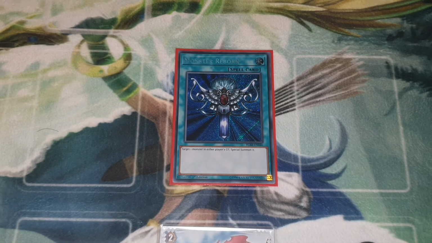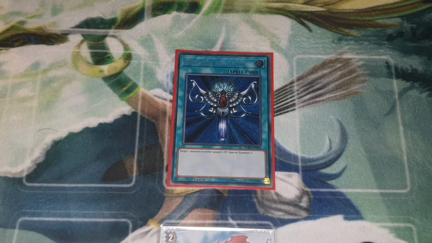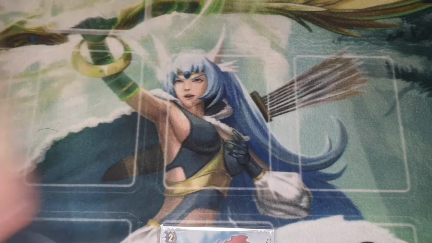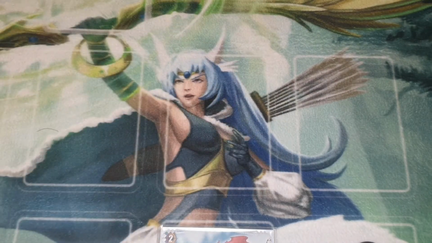As I said, this was actually a copy of Raiden the Kaiju, but this is a flex spot, really. This is your Upstart Goblin, pretty much, so you can run whatever you want in this deck for this slot. And then the 4th Foolish Burial. And then the 3 trap cards that I'm running, as a not infinite impermanence, are 3 copies of